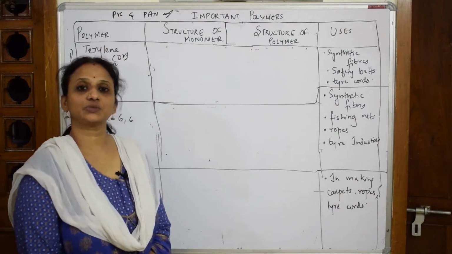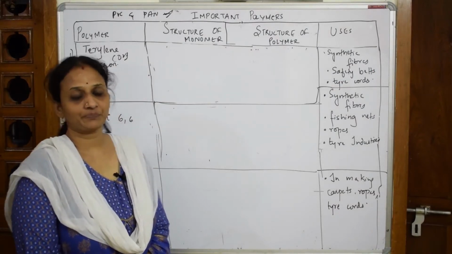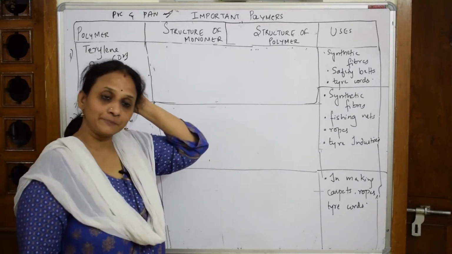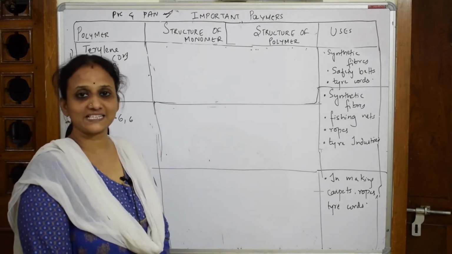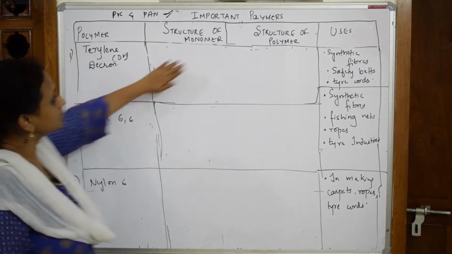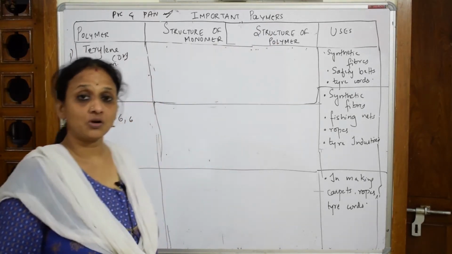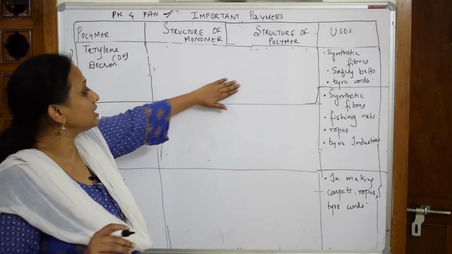Let's come back and start with the next type of polymers, that is condensation polymers. So we have listed out 1, 2, 3. We still have 2 more to learn. In the exam, they may ask you either the uses, as I said earlier. They'll give you this compound and ask you to write the names of the monomers, only names. Lucky enough if you get that. Or they may ask you to write the structures of monomers, or they may ask you to write the polymer